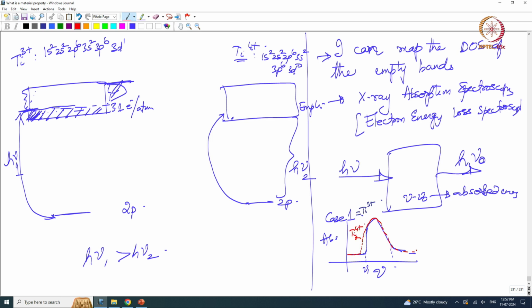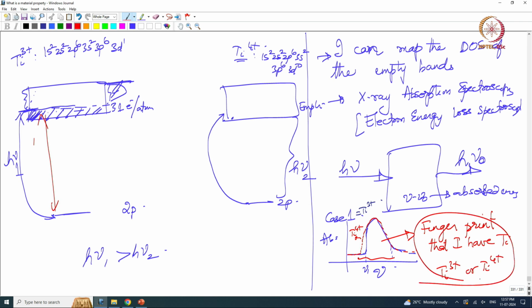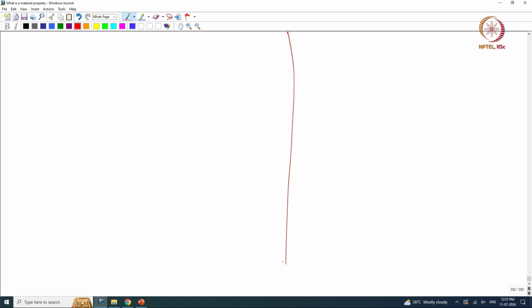So, it is not just that this energy, the range of these energies, will already be fingerprinting that I have titanium in my material. It is not just telling me that I have titanium, it is also telling me that I have titanium 3 plus or 4 plus, right. So, I can exactly, using this core level absorption spectroscopy,